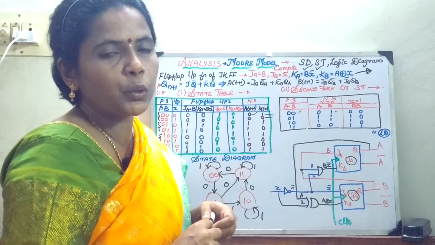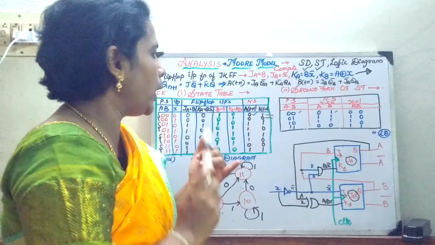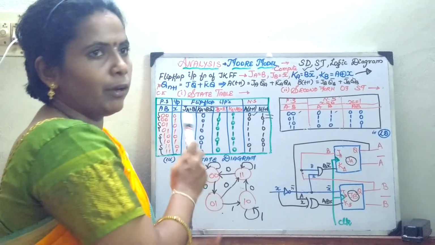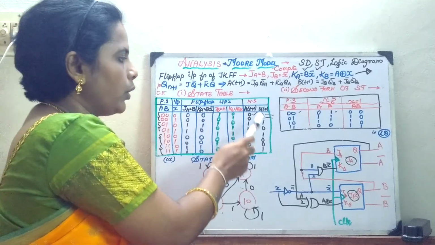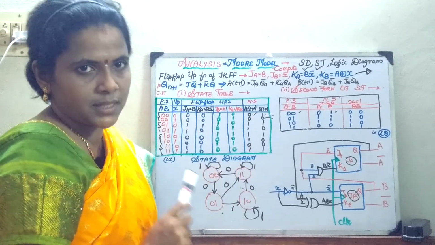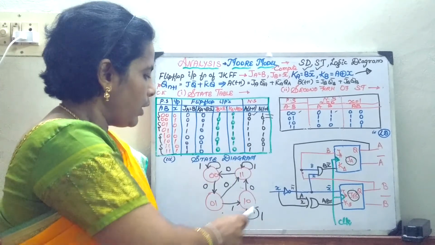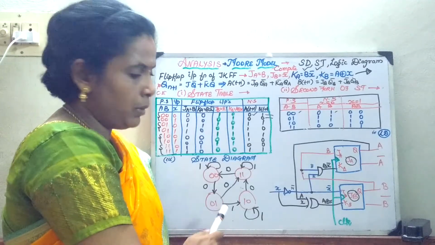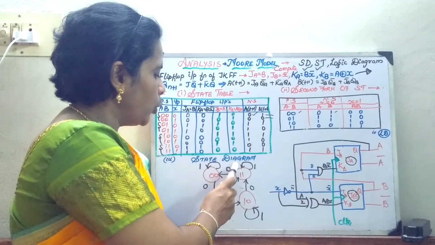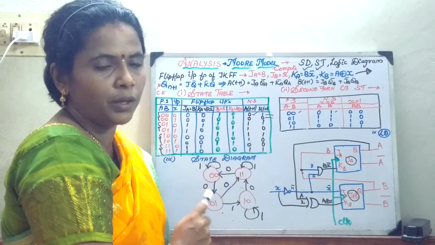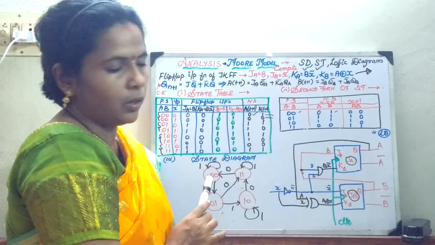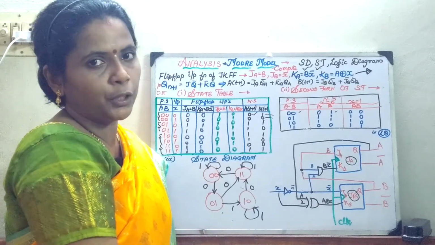So here what you should know, the only difference is that whenever you go in for the JK flip-flop, the characteristic equation should be used in order to compute your next state. The second thing is, whenever you are drawing your state diagram, here in the case of the Mealy model you write input bar output, whereas here you will write in terms of the input alone. Okay, so this completes the circuitry.